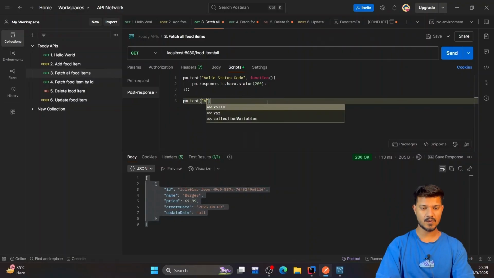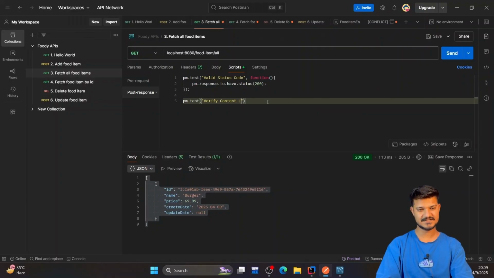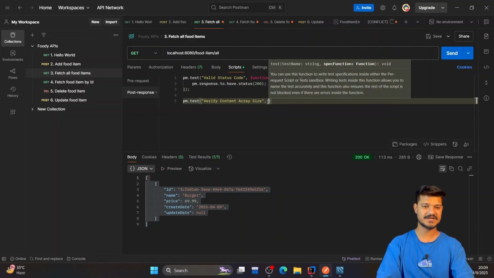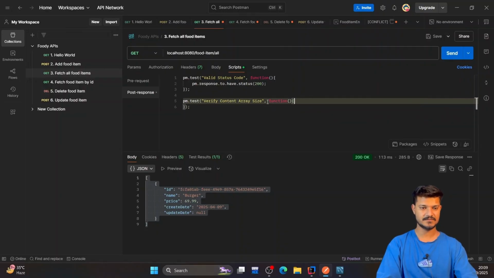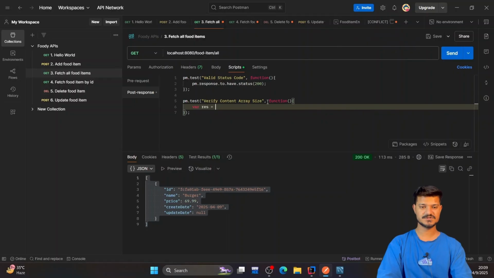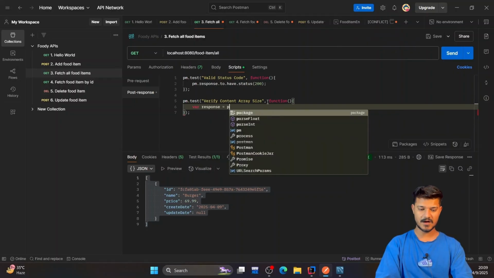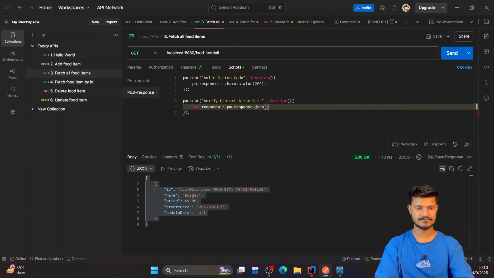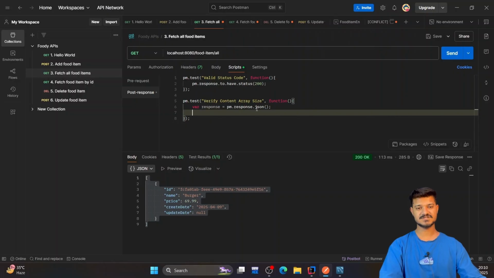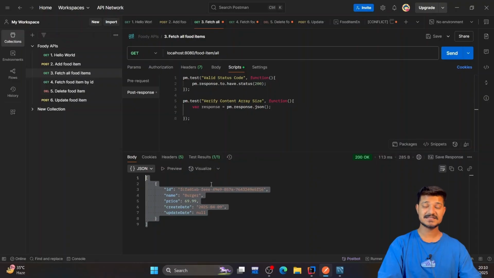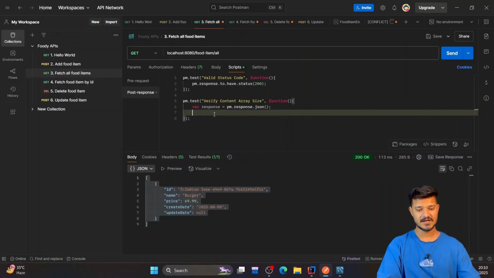So, verify content size, content array size. Okay, this is my test case. Again, I'll add a function and verify it here. Okay, so I'll store the response here. Response is equals to pm.response.json. Now that I have a JSON response, I can check its length, right? This is basically an array, because the response you are getting is actually an array. So I can verify that